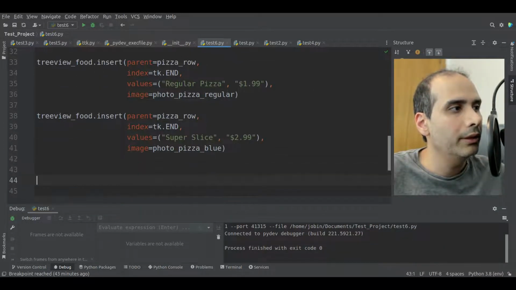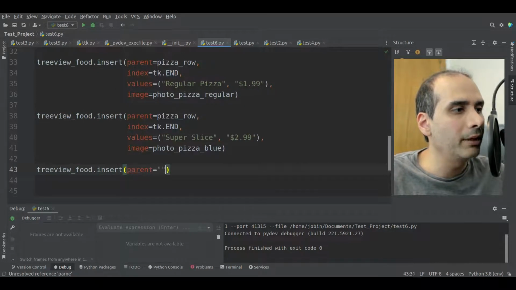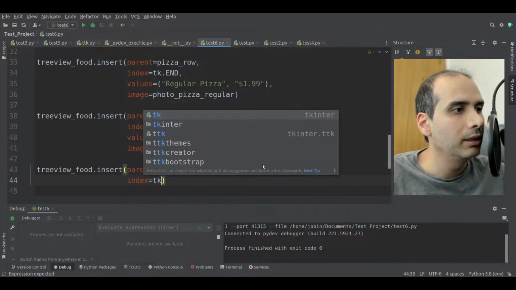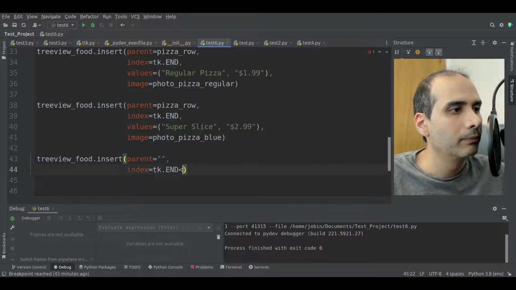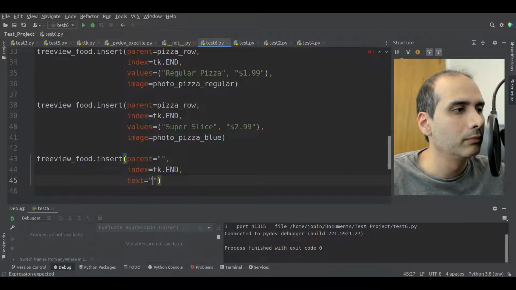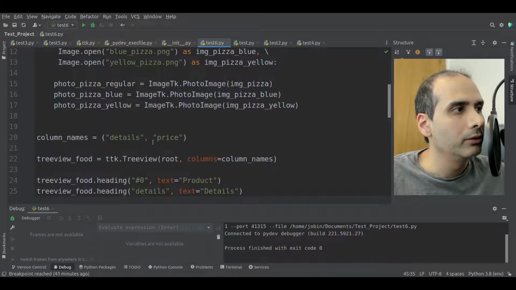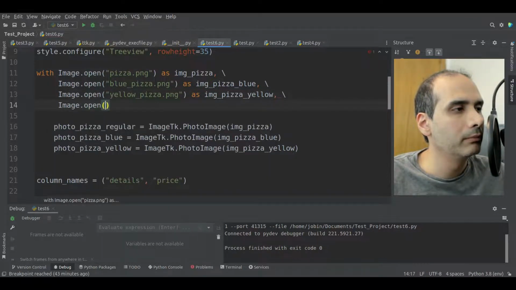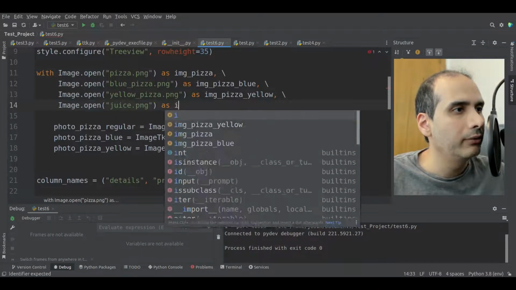Okay, so carrying on, we'll say Treeview food.insert. This one won't have a parent because it's going to be its own category. Index equal tk.END. Text equal juice. Okay, so we need a photo of juice. So to do that, we load an image. Image.open juice.png